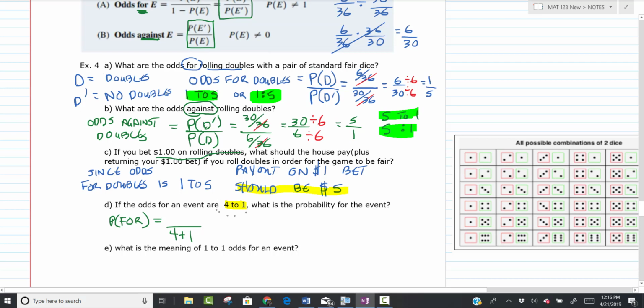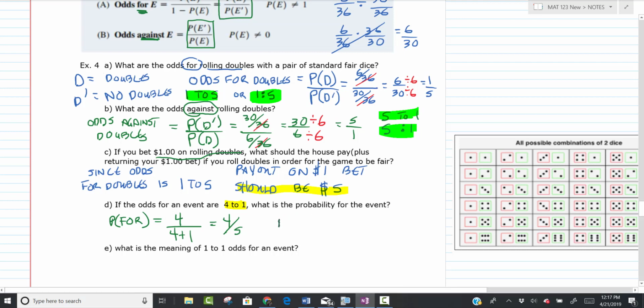And then this would just be, what's the probability of the event happening? So what you would want to do is just work this out. You do 4 plus 1. The odds for that event are 4. So this would be a 4/5 probability for that event happening. Okay, so that's the idea. That's how you convert odds back to